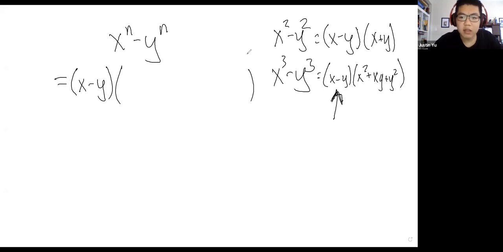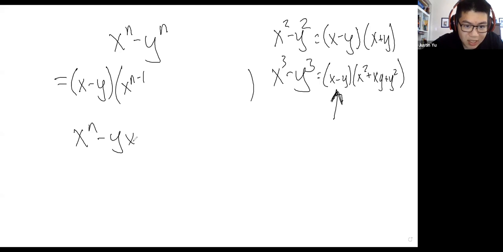All right, okay, so we see that we have an x term here, we have an x squared term here. It makes sense that we have an x to the n minus 1 term here, because how else are we going to get this x to the n through multiplication? Like here. But what we have right now is x to the n minus y x to the n,